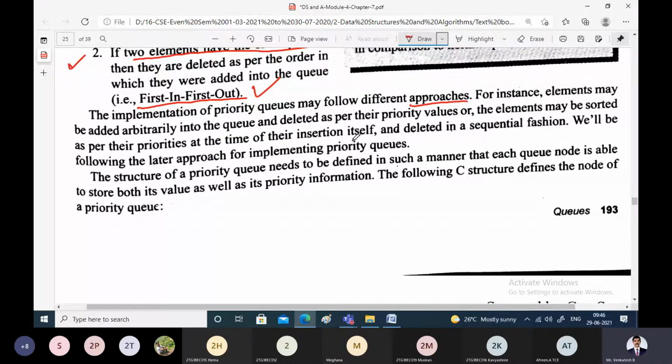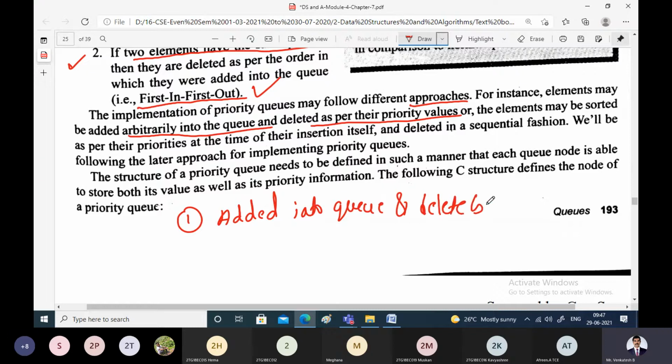In the first approach, elements are simply added into the queue. In whatever order they come, elements are simply added into the queue and they are deleted as per their priority. So in the first approach, elements are simply added into the queue and deleted based on the priority.